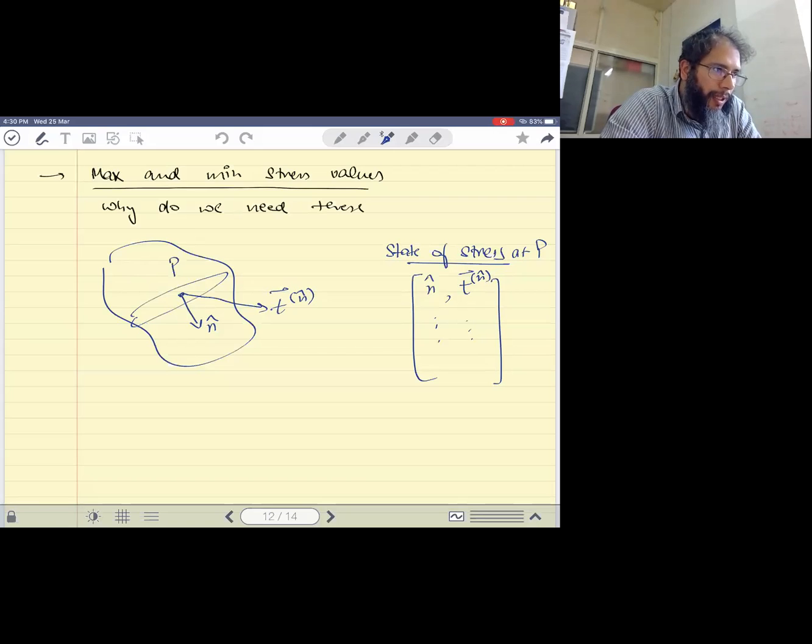So the way we approach this is we say that sigma n, which we just discussed as the normal component of t, that is the component of t along n hat, and sigma s as a shear component. So we try to find out what the maximum and minimum values of sigma n and sigma s are for any n hat. So the question, the problem here is